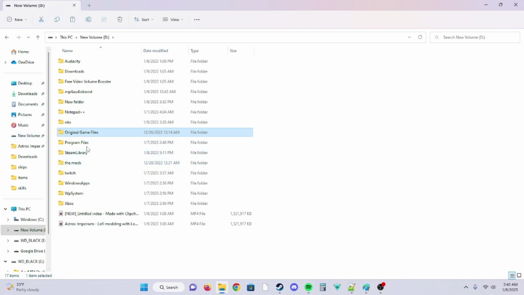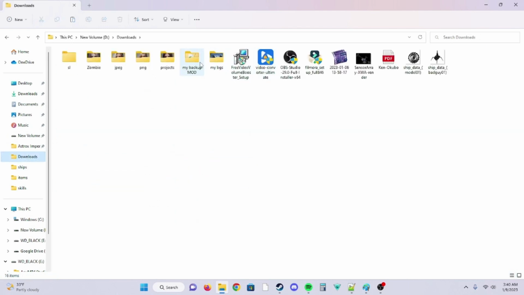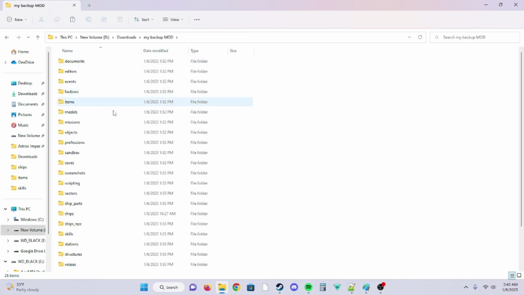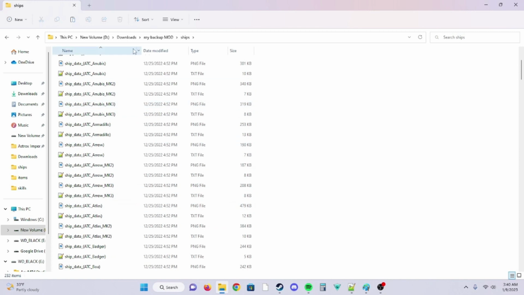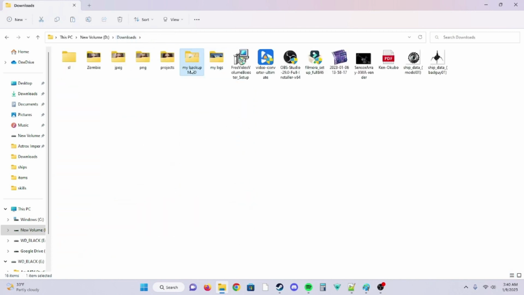But if you have save files you want to keep, you want to have a place that you back up your mods, where you can keep your save files and your current game ships and stuff that you're messing with. If you don't,